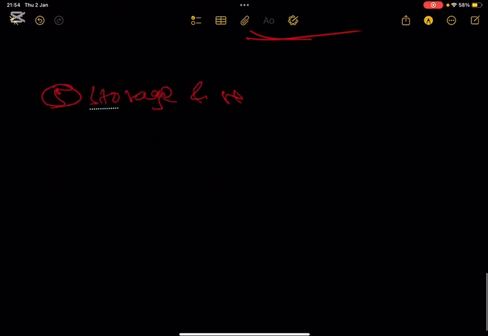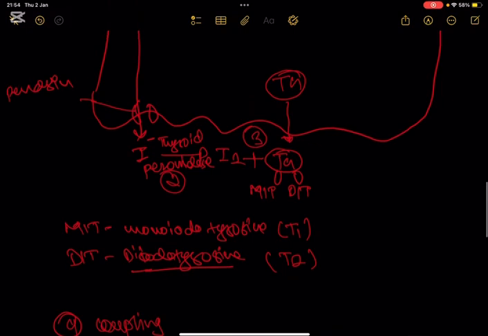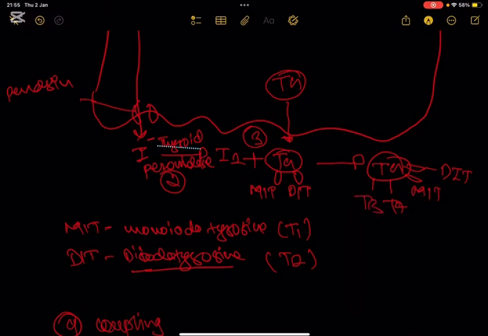It's the storage and release, right? So as I have earlier mentioned, the thyroglobulin molecule along with MIT and DIT couples. There will be some MIT, there will be some DIT, but 2 DIT combine to form T4, and 1 MIT and 1 DIT will form T3. Now this remains as a colloid, and by the process of endocytosis,